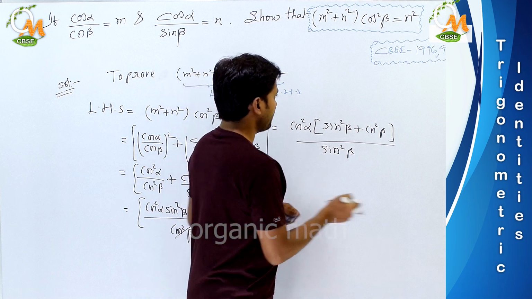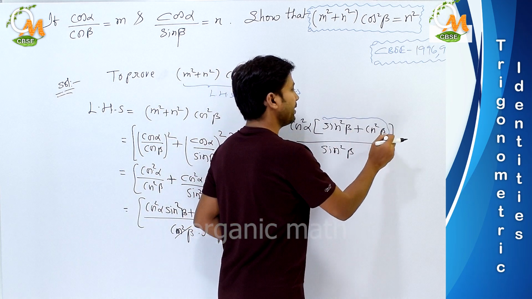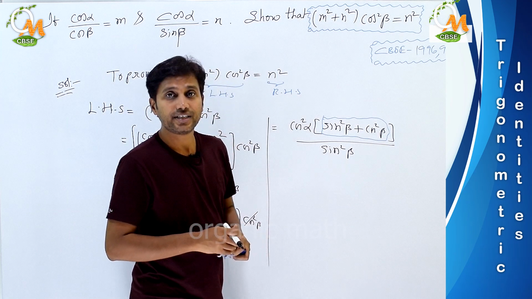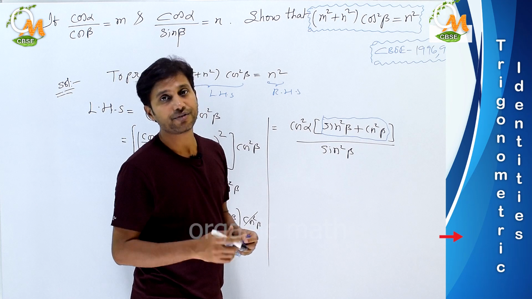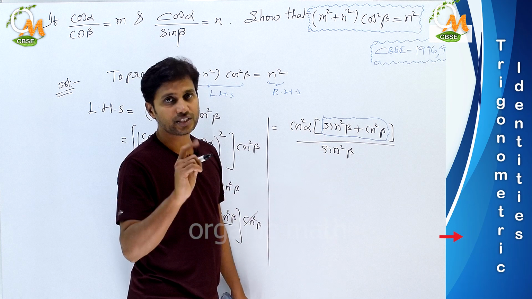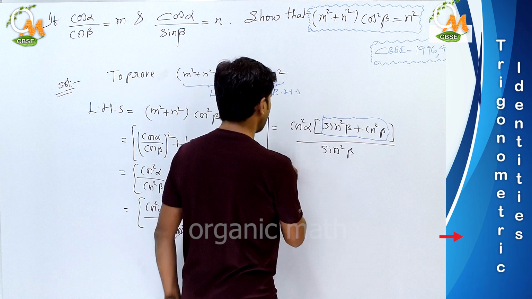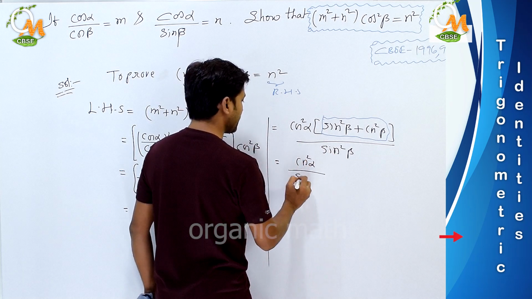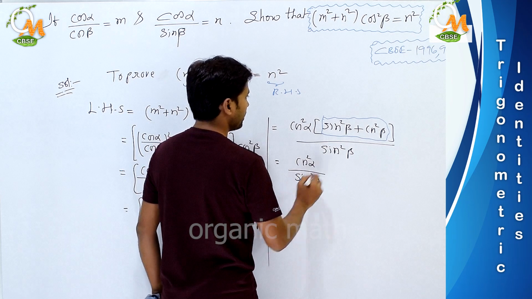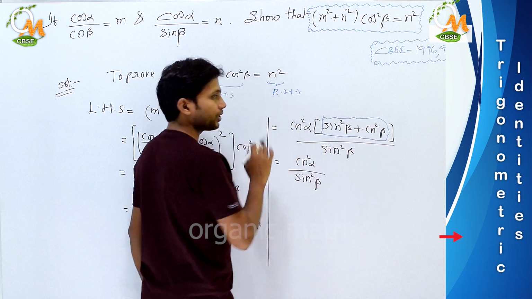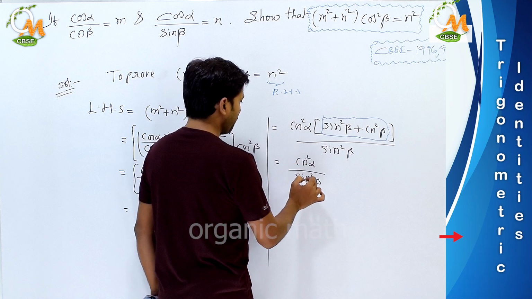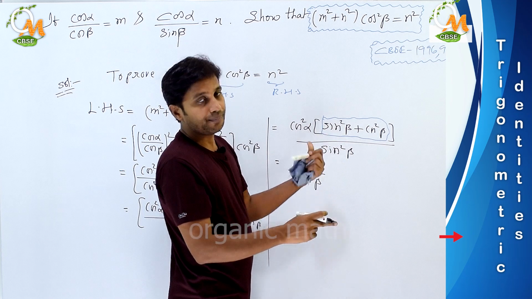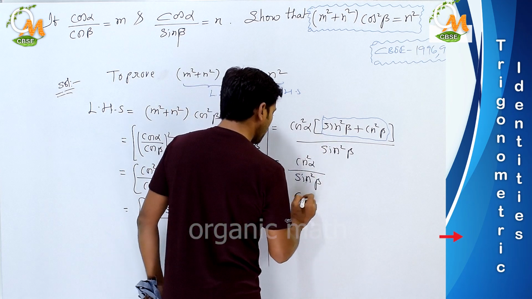Now what did you observe here? This is simply the first identity of trigonometry. What is the value of it? This is 1, so we can put down the value of it as 1. So cos square alpha by sin square beta is there, so we can write the square in common for both numerator and denominator part.